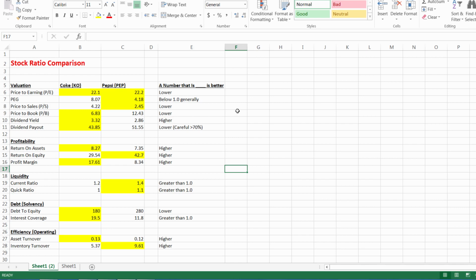But if you're looking for something that's undervalued, or you're looking for that high growth stock that might have a real high price to earnings because you're expecting it to be the next Google or something, then these wouldn't be the companies for you. One last thing here on this as well, we go back to our